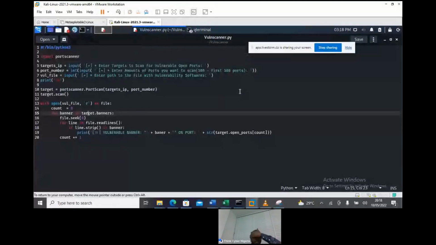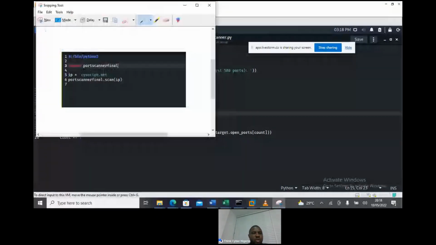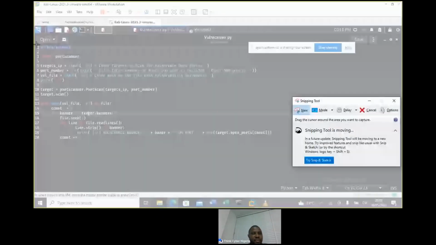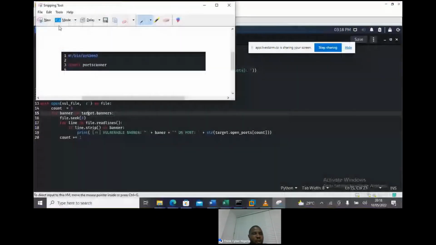This is the script, simple and straightforward, there's nothing much in it. You import whatever you called your former script. I called mine port scanner. So we take it step by step: you import your former script into this script.